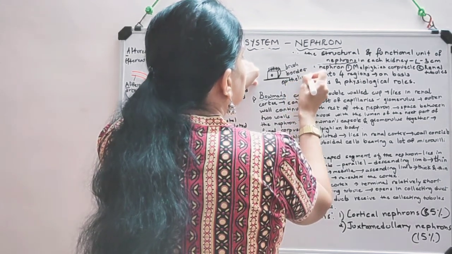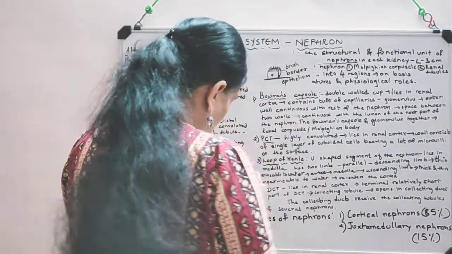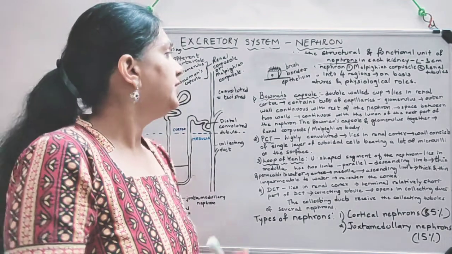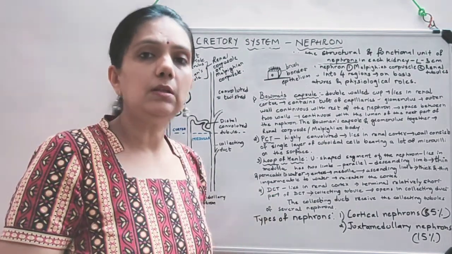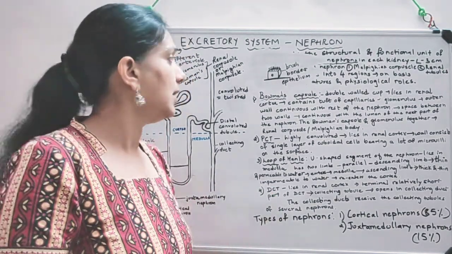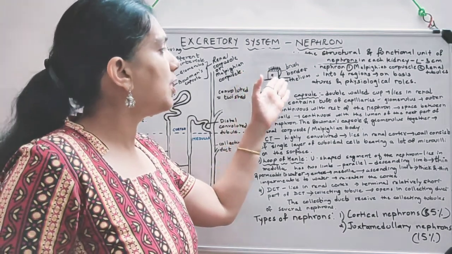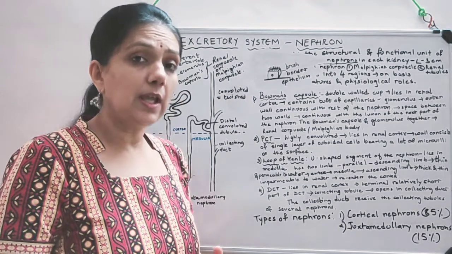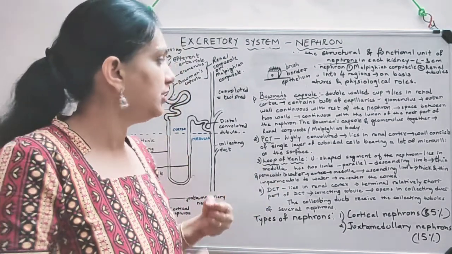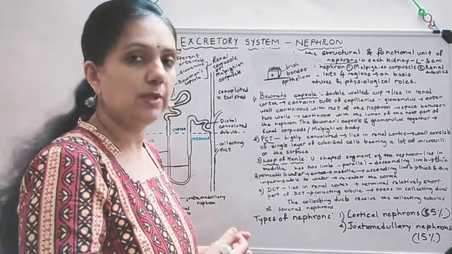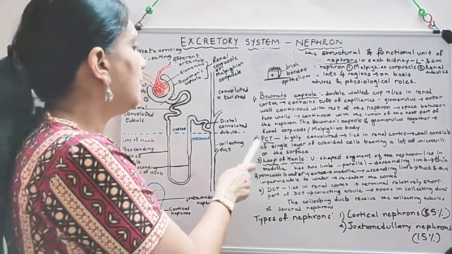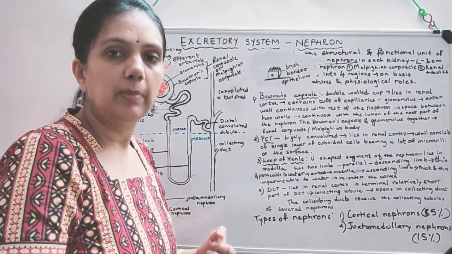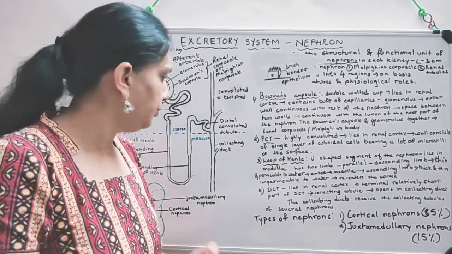Wherever there is villi, what is the function? We did it in nutrition also. This gives increased surface area. So this brush border epithelium provides larger surface area for absorption. This will take up when we learn formation of urine. So this is about PCT, that is proximal convoluted tubule.